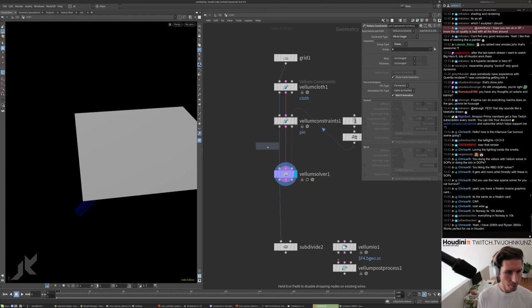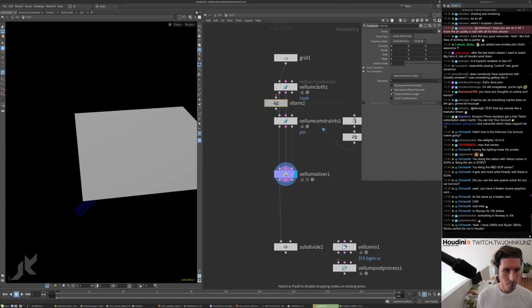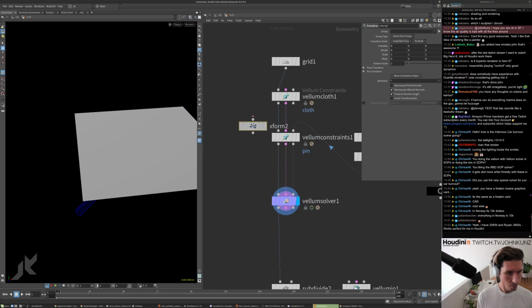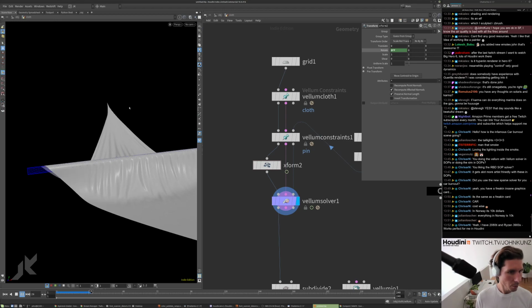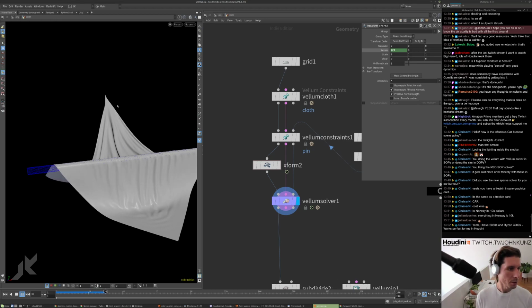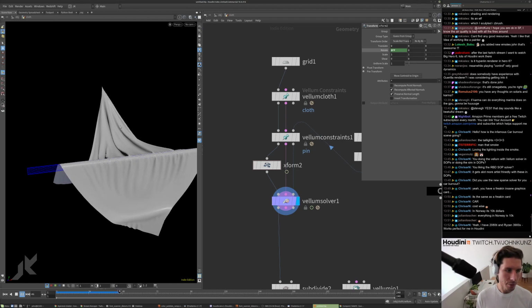Let's give it a try. So yeah, it looks like it will work with permanent. You can update it and move it around if you want to do like